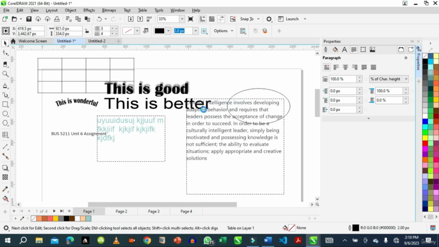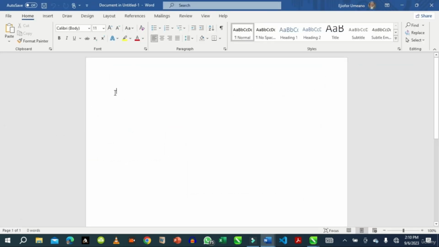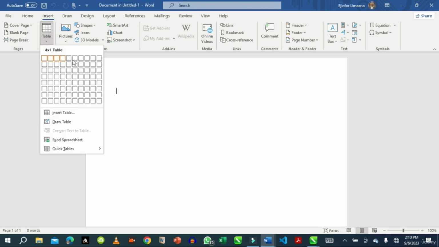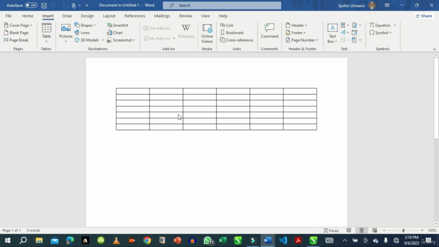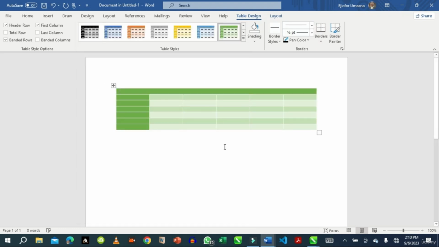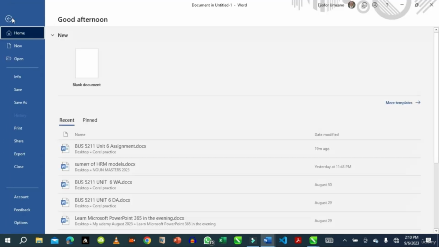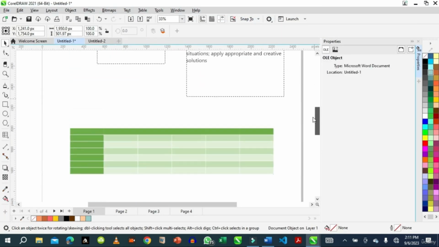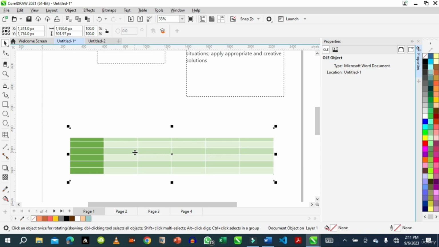Don't come to CorelDRAW and start calculating. It's waiting for us to do our table. Once we finish, we say insert, we go to table. Once we finish, CorelDRAW sees it as its own document while maintaining the attributes and all the features of Microsoft Word. This is the table we're interested in. We can format it, we can redesign it, do anything you want with the table. Then when you finish, come here and close it. Once you do that, it is in CorelDRAW. If I want to use this object and double click, it goes back to Word. So this is the best way to handle your table. We'll discuss more on that when we're dealing with